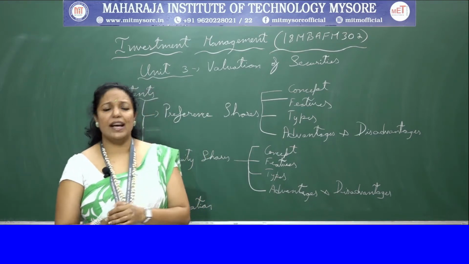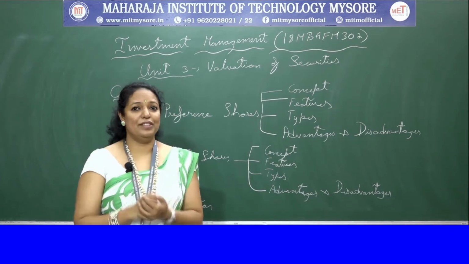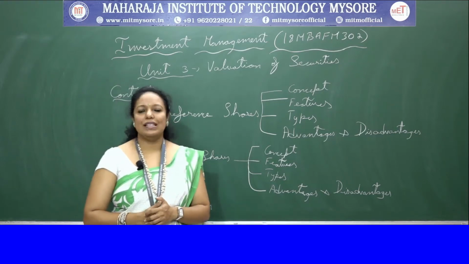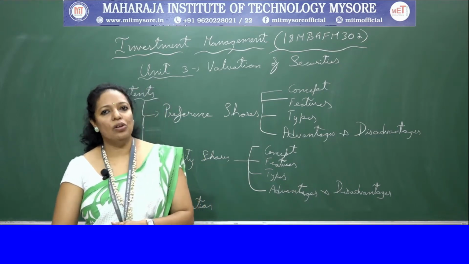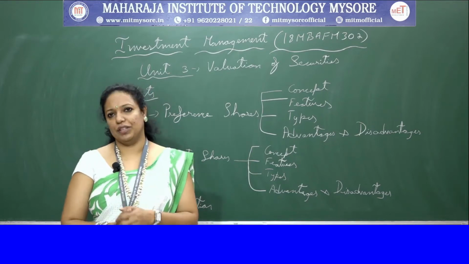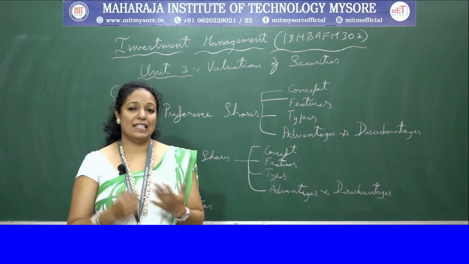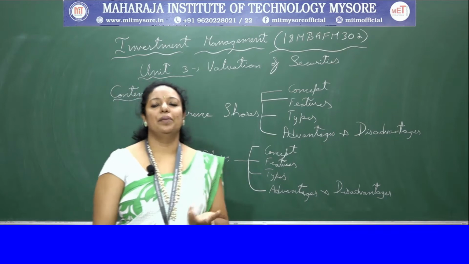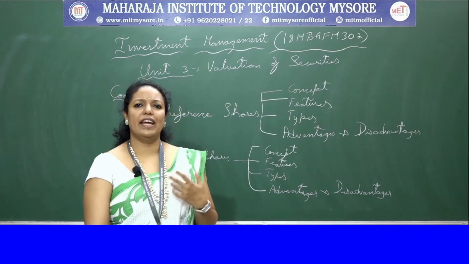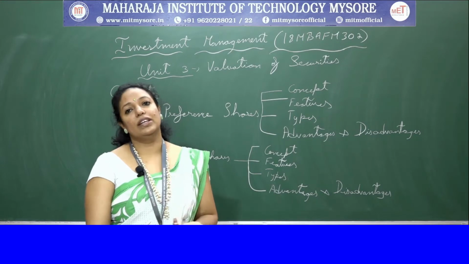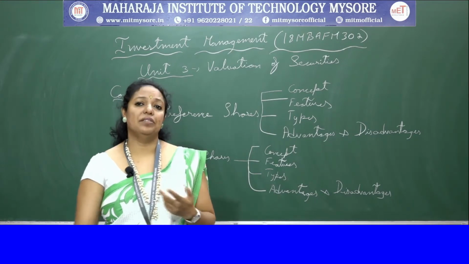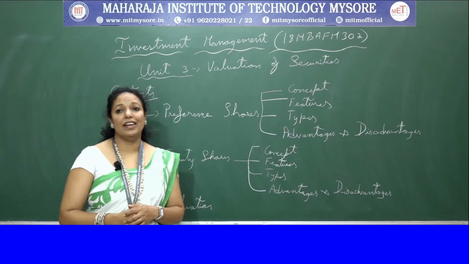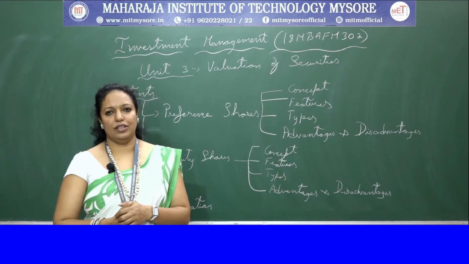So preference shares are, the name itself will tell, it is preference. They are giving preference. Preference in what? Preference in terms of dividend payment and also preference in terms of repayment of the capital whenever the company is liquidating or winding up. That's the reason we call it preference shares. Here normally the dividend rate is fixed and the holders get the dividend even way before the equity shareholders. They don't have any kind of voting rights for these preference shares.